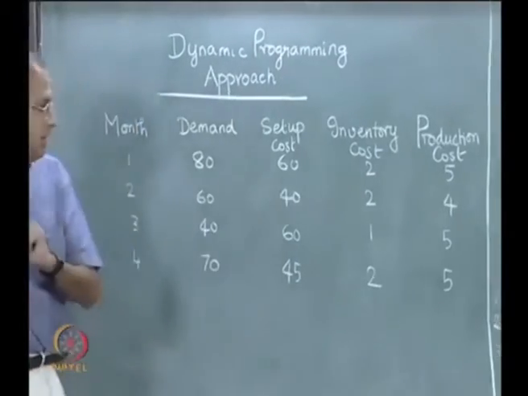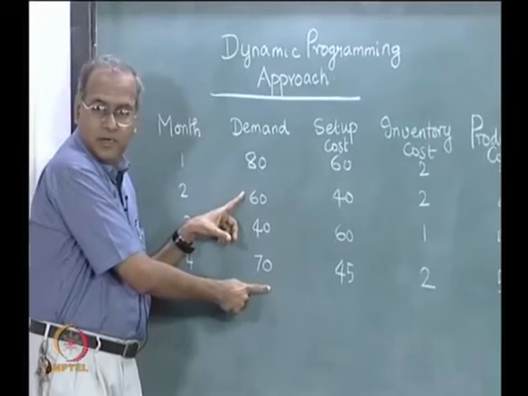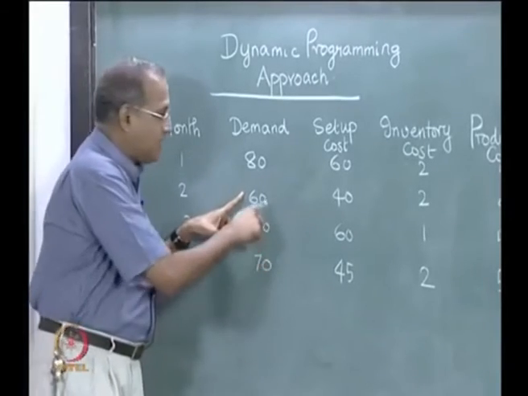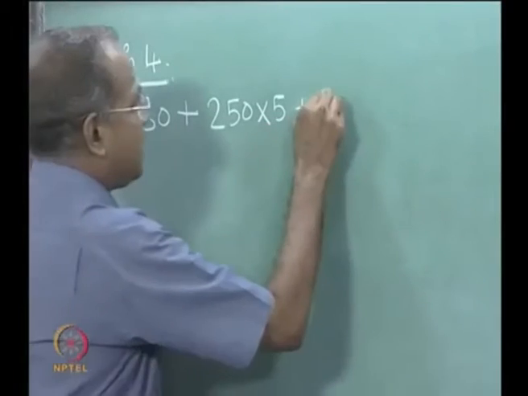Now, out of the 250, 170 is carried to the second month. So, 170 into 2 plus 2 into 170,